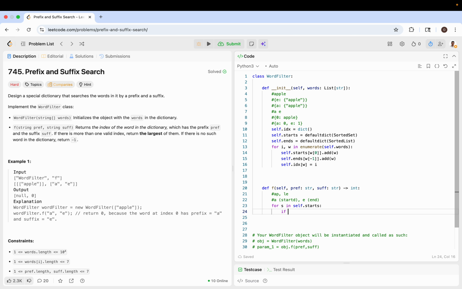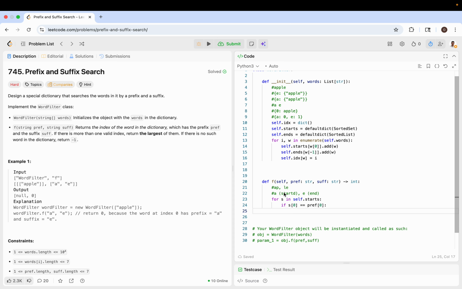Okay, so if S of 0 is equal to pref of 0, if these are lining up, then we care about that one. In that case, we can just loop through whatever this is because this is also unique, right? So for n in self.starts of S,